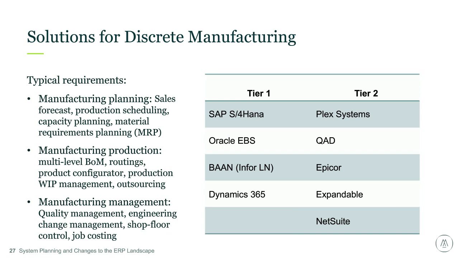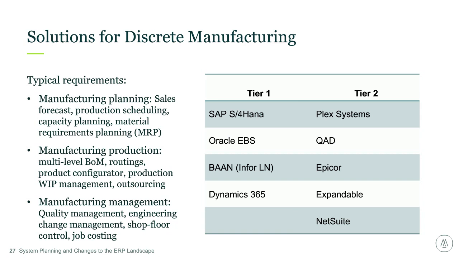Manufacturing management is another key requirement category that we see for discrete manufacturing, and that would be the ability to manage or control manufacturing outcomes such as quality control, engineering change management, shop floor control, and job costing. So these are some of the key requirements that we see drive the selection process for